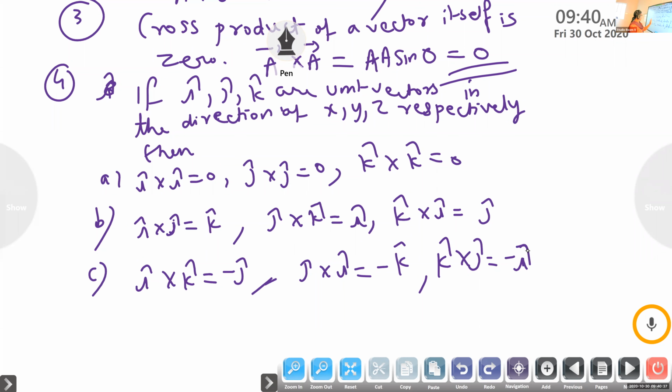Whatever is written as i cross j, here it becomes j cross i. When you do j cross i, you are getting minus k. That is, A plus B is equal to B plus A, and that's why A cross B is equal to minus B cross A. That's why it is applicable to the unit vectors. Okay, children, so that's about the characteristics. You have to learn this by heart. This is used for the problems. By heart means have a connection between all these, so that you will not have confusion between them.